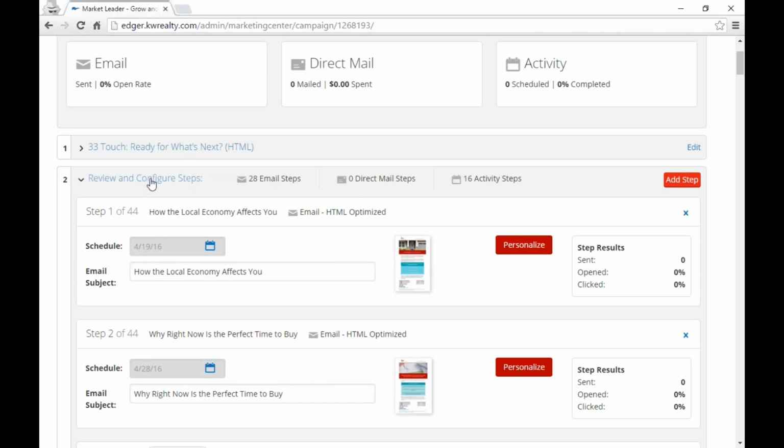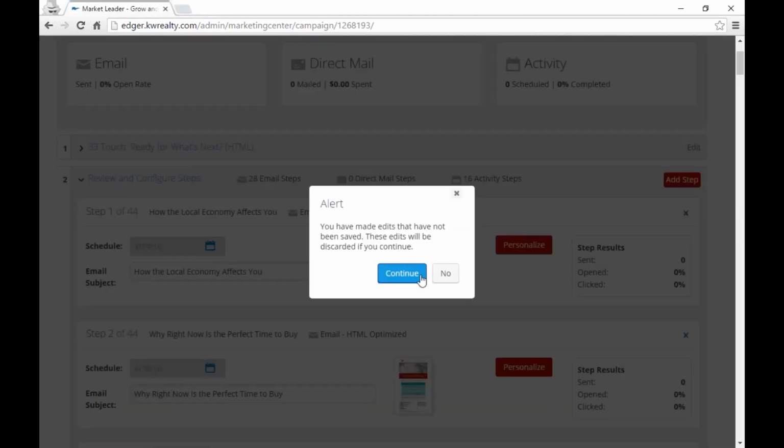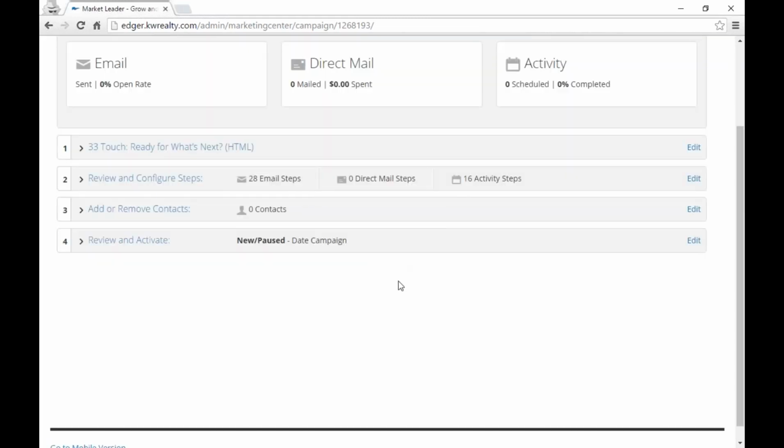So that's step 2. This is where you're going to spend most of your time, and as I mentioned, here is where your results will live under sent, opened, and clicked. So I'm going to close that up. Yes, I want to continue. We're going to discard any edits. Please keep an eye on any of the